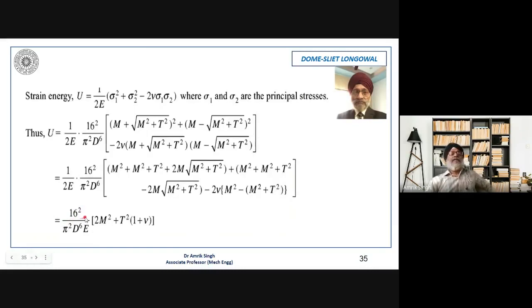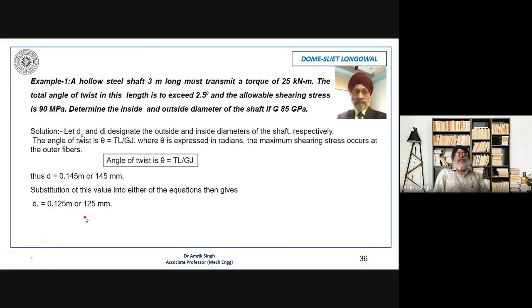Okay. So this is all about torsion as far as the theory is concerned, other than the spring part. The spring chapter I'll be putting in the Monday class, and your major is up to torsion and spring. Okay. So those are the 3 chapters which were not covered, just after the first minor. Now let us try to solve 2-3 numericals so that the things are clear to you.